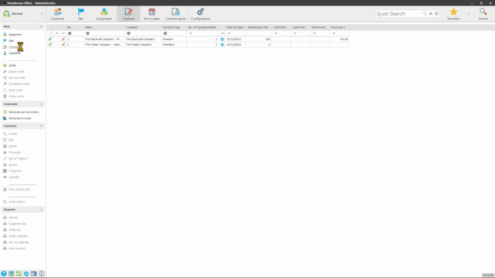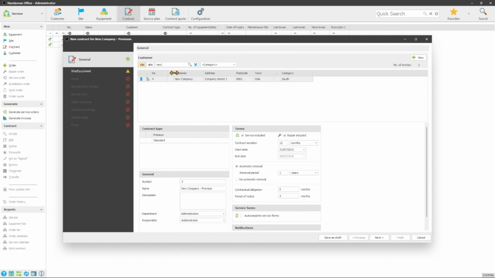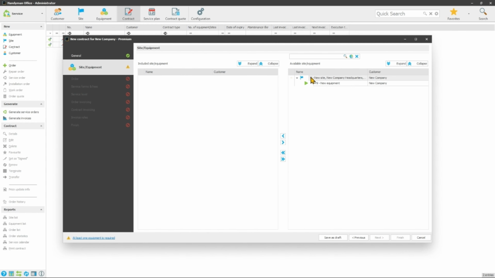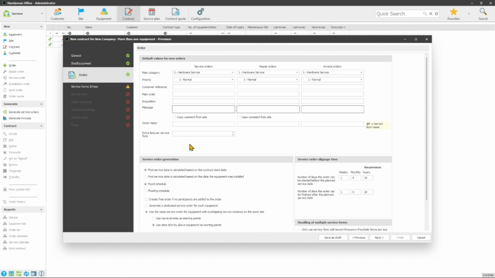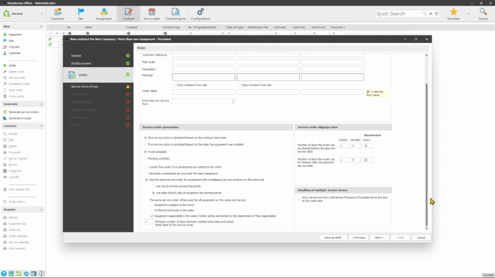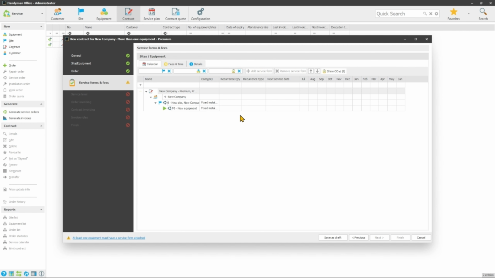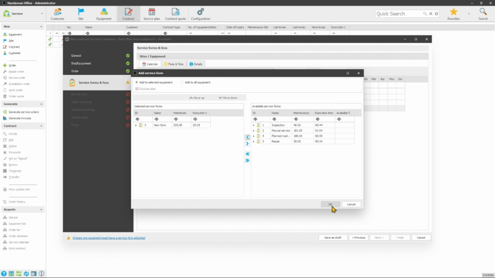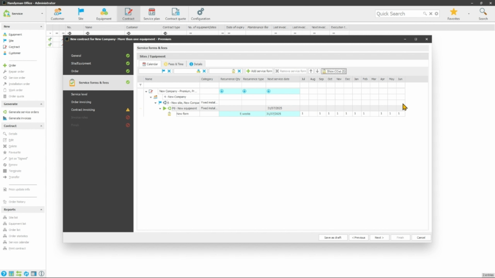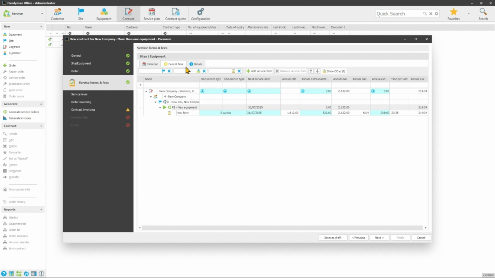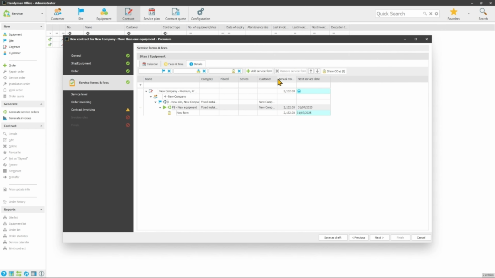With equipment and tasks defined, you can create service contracts that tie it all together. In the contract you select which site and equipment is covered. Set default values for orders generated from the contract, if needed. Under service forms and fees you can specify which tasks should be included on which equipment, and how often they need to be performed. It is also possible to set separate prices for service forms included in the contract if the customer has a special discount, or something to that